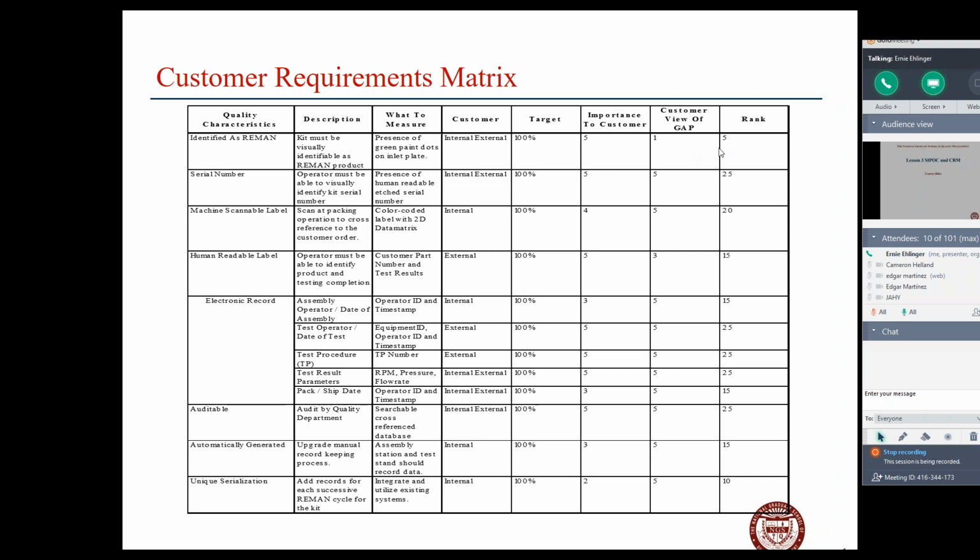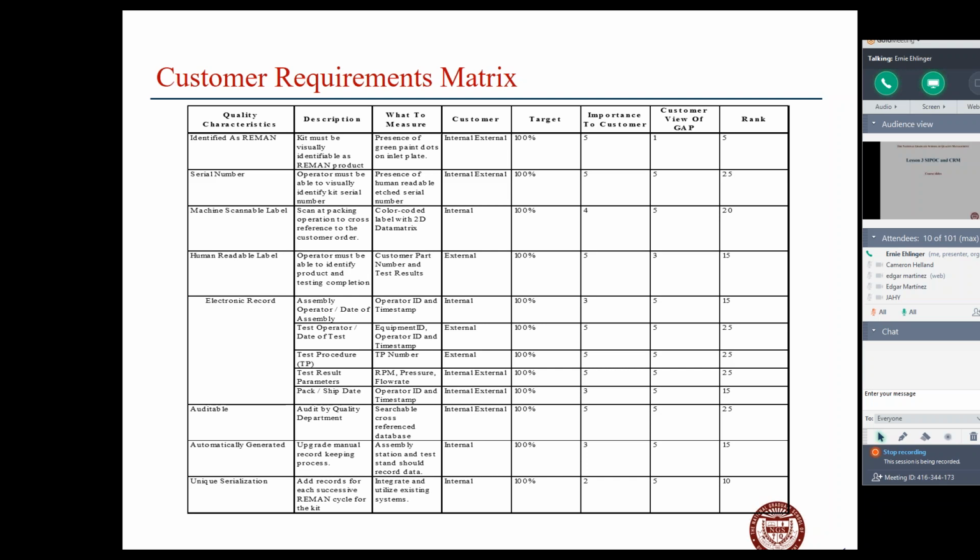And then the importance of this product or service or outcome, and then what's their view of that? And then they multiply this column times that column, and gave them a rank, okay? And so if you start to take a look at that and say, okay, what's the focus of our project? Well, you take a look at the 25s, based on this rank order, and you say, okay, we've got to be sure, part of the success of our project is to ensure that we hit these highest priority ones, and that we agree on success.